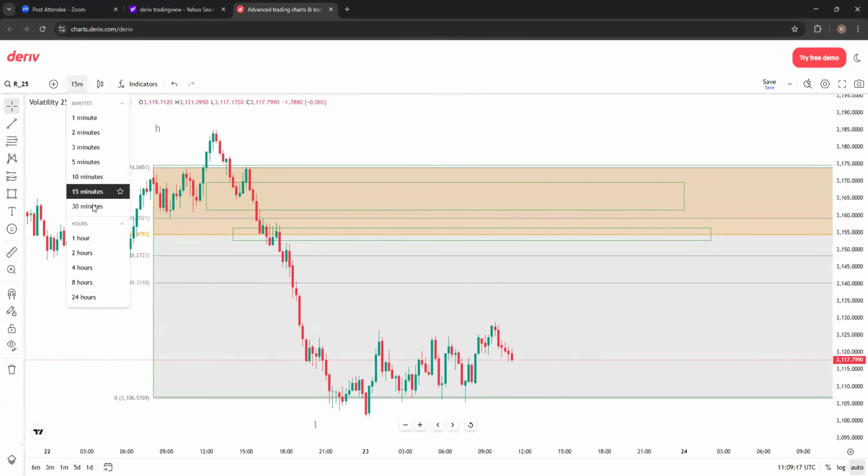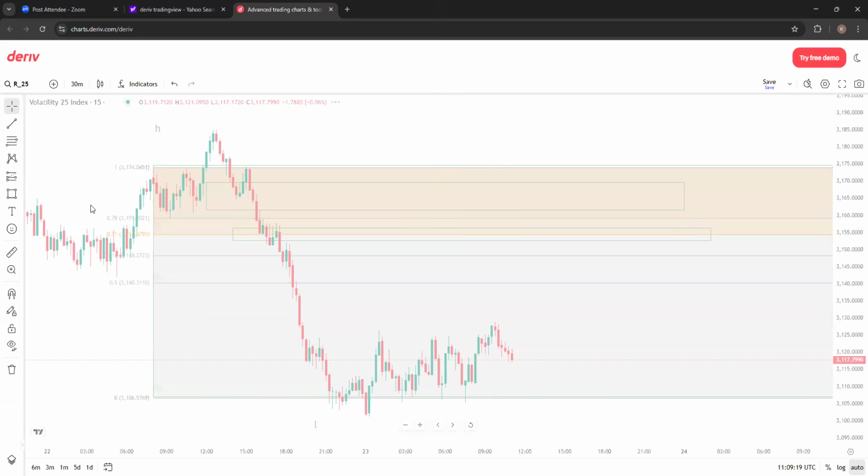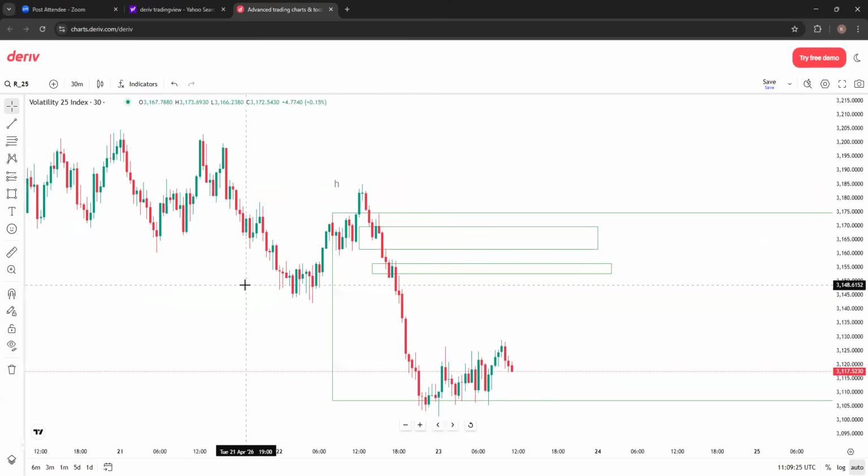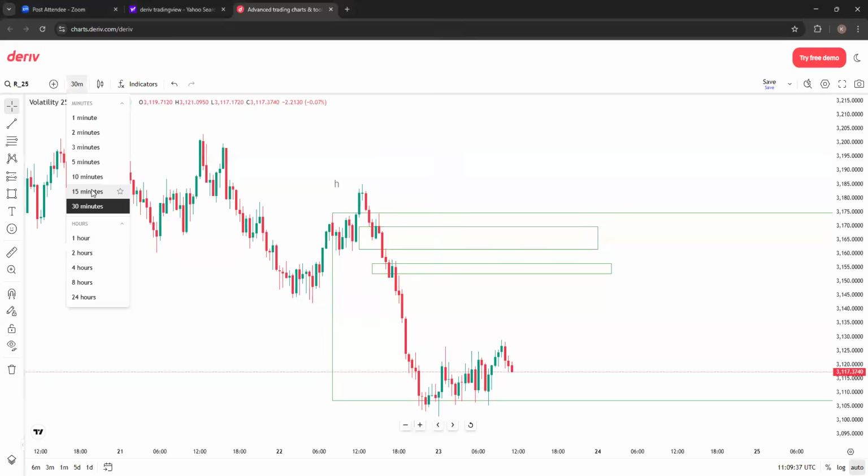If we were in our M30, let me go back to the M30. If we were in our M30, between the high and the low, in that H4, we can't really mark structure. What we can really say is, maybe this is a high, maybe this is a low, maybe this is a high, maybe this is a low, right? But if we now come to our M15